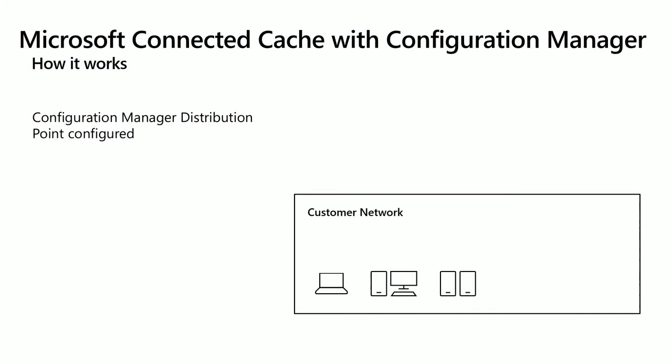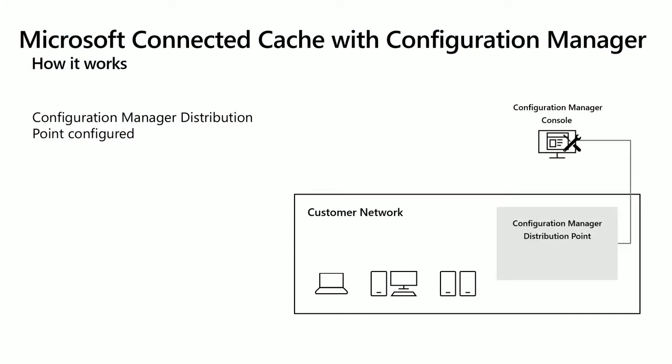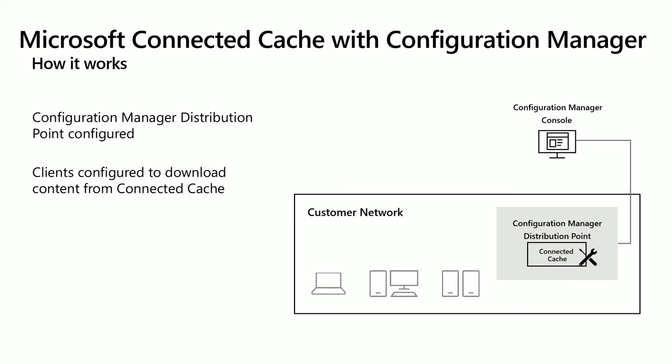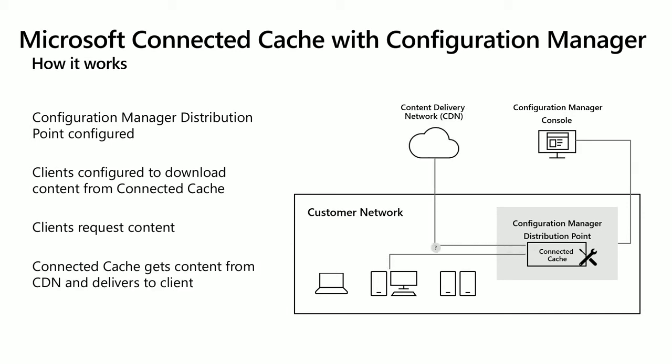Okay, there's a duplicate. Okay, so now just really quickly how this works as this plays. You can see just what I've showed you. I have the Microsoft Endpoint Manager Configuration Manager console that has configured my distribution point. I also have my clients that are now configured to download from that distribution point. When they make the request for content, they're going through this Microsoft Connected Cache instance rather than going out. Now, just to let you know, what happens if for some reason the client makes a request to the cache server and it can't get the content? Well, it will retry, and if it fails, it will then go out to the CDN for that